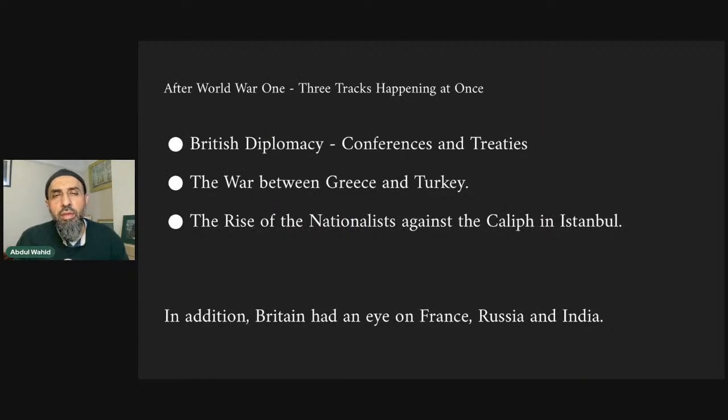And I want to try and illustrate that there are three tracks happening at once. One is what I've called British diplomacy. So World War I ends in 1918, and between that and 1924, we see a series of diplomatic initiatives by Britain, first under the Treaty of Sèvres and then later under the Treaty of Lausanne, to try and subjugate the Uthmani Khilafah. And at the same time in that period, you have